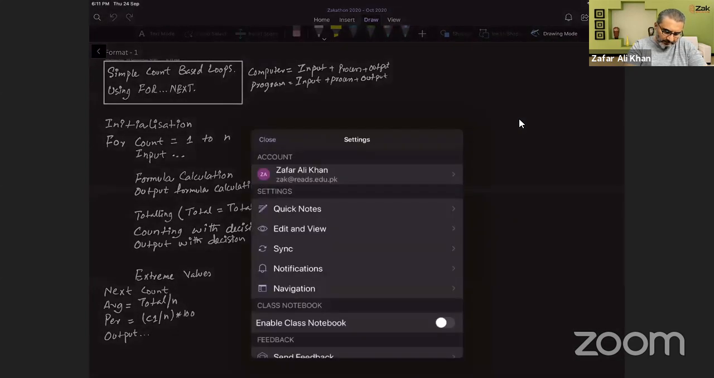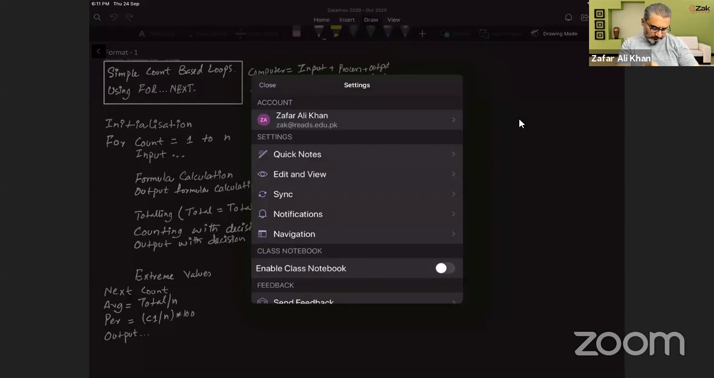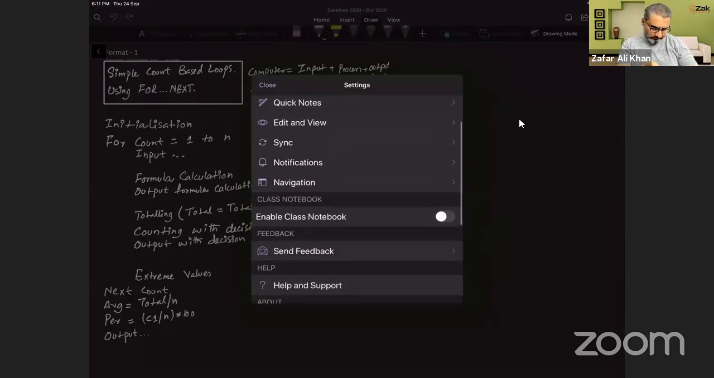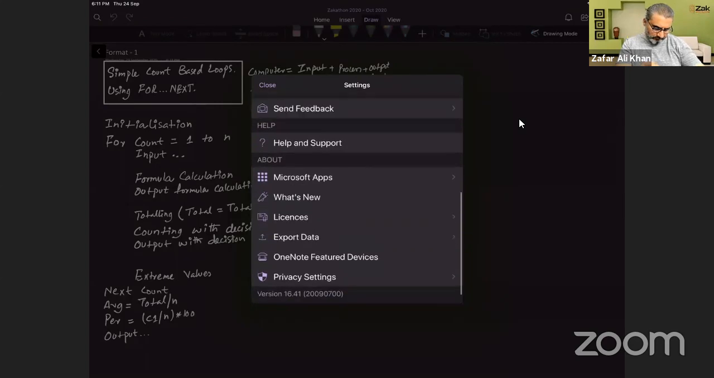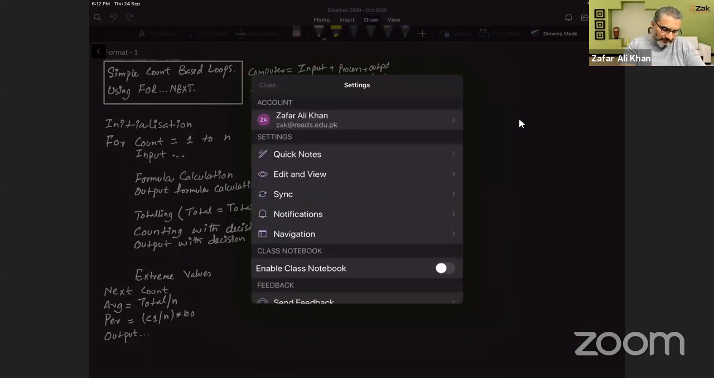I don't know what has happened to it. It is locked somehow. Anyways,